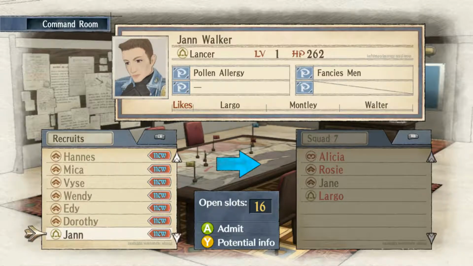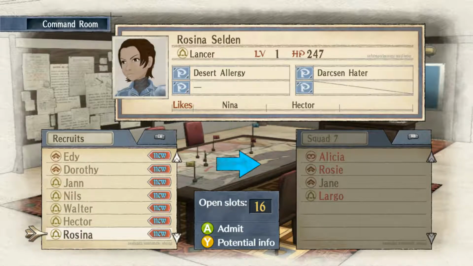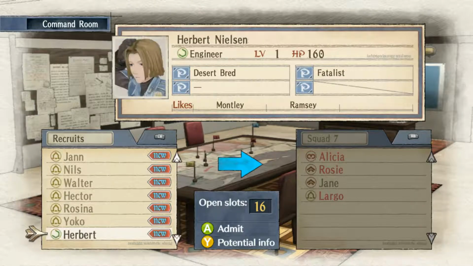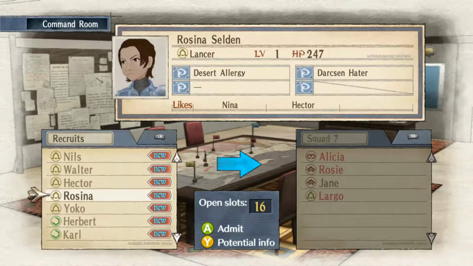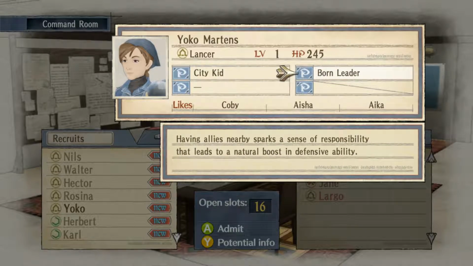Just to kind of get through here, I'm not gonna be 100% thorough. Also, there's the likes, where certain units perform better with other units. It's kind of like a predetermined Fire Emblem-esque support system. It's not as fleshed out. Let's see, like these are just two straight good ones. They're both...